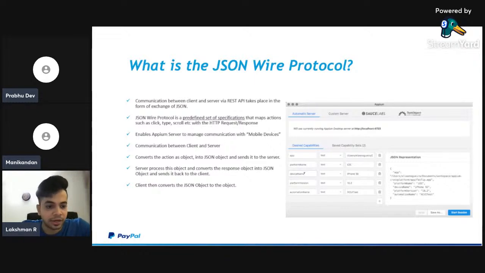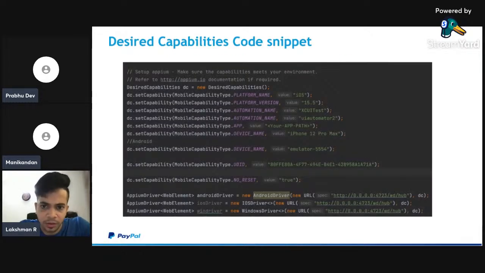Then to the next slide. If you see, this is the desired capabilities code snippet, which is taken from the automation framework I'm working on right now in my organization. If you see the key and value pairs, we are creating an instance, DesiredCapabilities equal to new DesiredCapabilities.